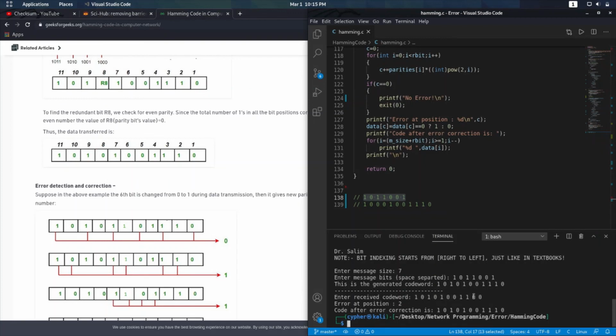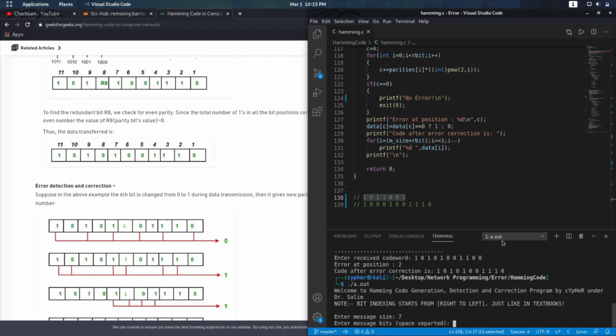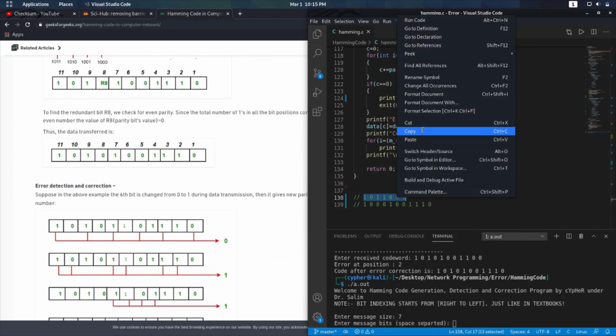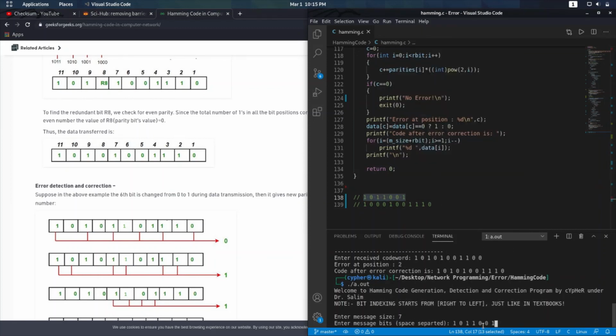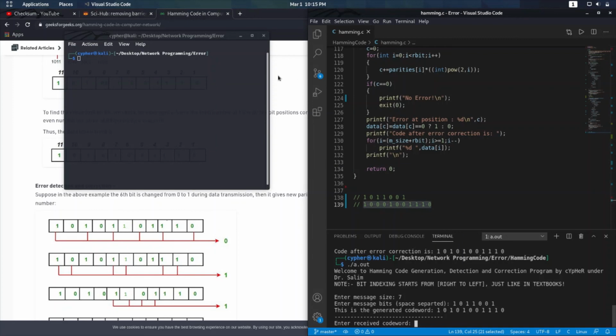So 1, 2, second position, I changed it, and this is the error at that position, and I'm just detecting and correcting it. So that's it. And if there is no error, it will simply show that there is no error. I guarantee it will work in each case, so there is no loophole in the code, so don't worry about that.